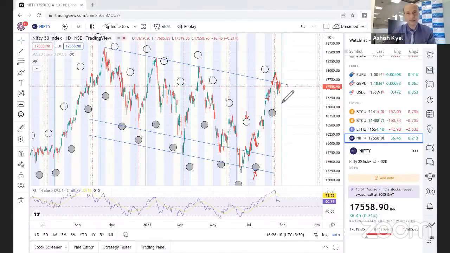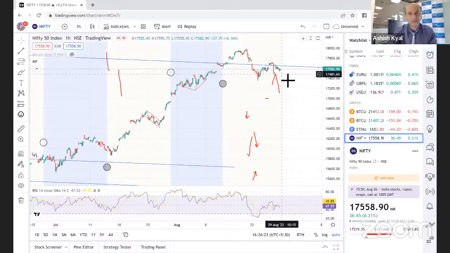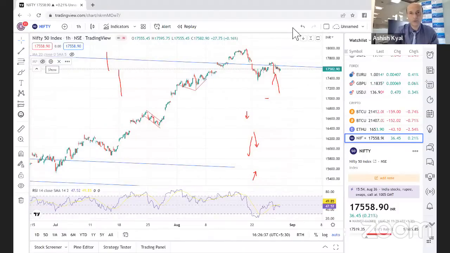अगर 17340 के नीचे जाता है, थोड़ा दूर है लेवल, 340 के पहले पहला कौन सा पड़ाव है, 340 तक तो वेट ही नहीं कर सकते. पहला पड़ाव जो है वो है ये वाला लो, which is 17480. 17480 के नीचे अगर जाएगा, ओपनिंग आवर क्लोज वहां होता है, तो चांसेस ऑफ डाउनसाइड ब्रेक इंक्रीजेस, because we are starting the week post the new moon और अमावस्या. Am I making sense? So that's the question you had, and I think I have answered your question there already.